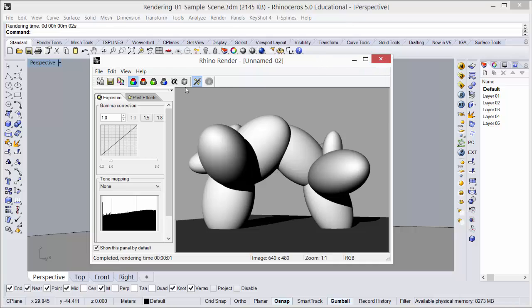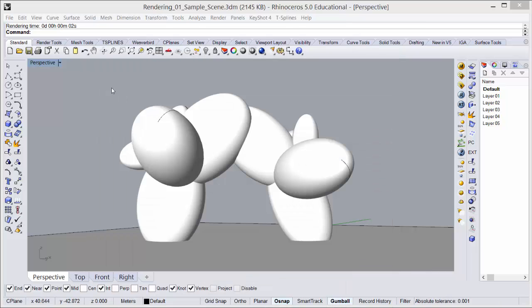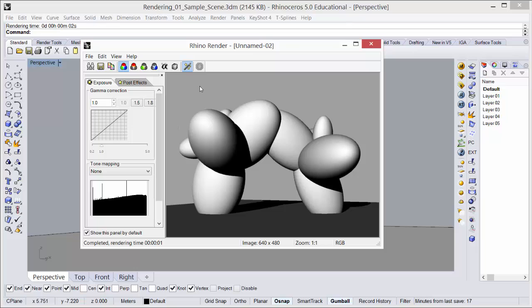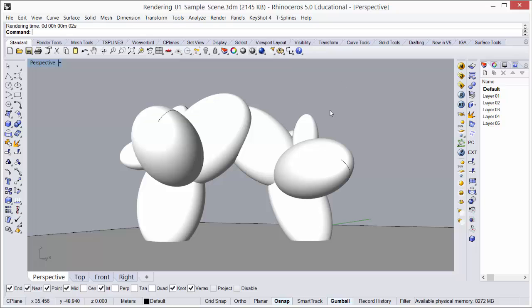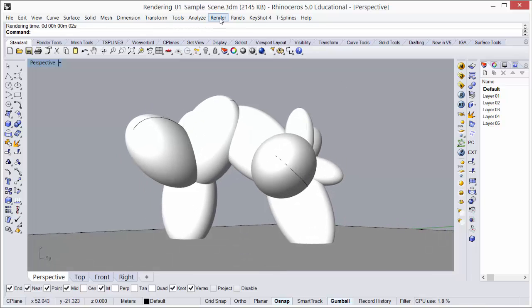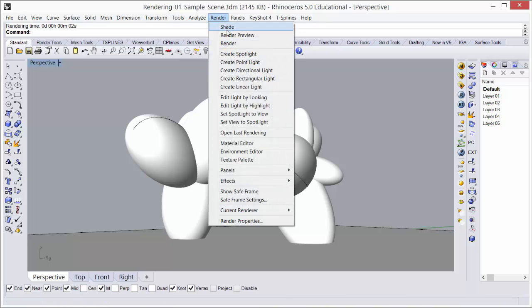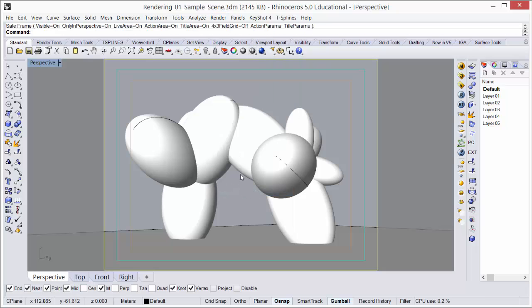The other thing we can notice is the proportion of this image is very different from the proportion of the screen. The screen has a wide format, and this image has a very different aspect ratio. So the first thing we're going to want to do when rendering is to actually set up a safe frame so that we know what we are going to get once we hit render, so we can frame our objects. So on the rendering tab up here, we can go to show safe frame, select that, and